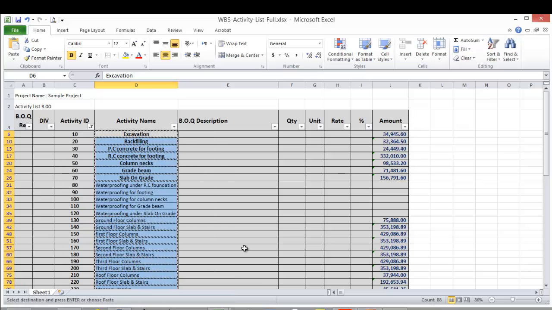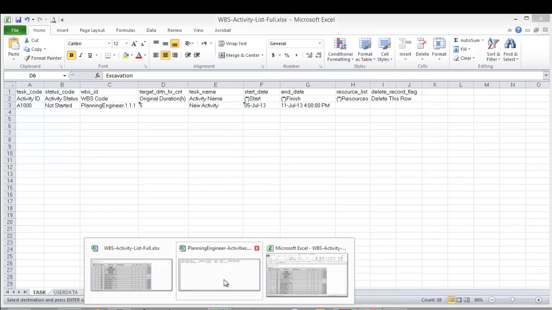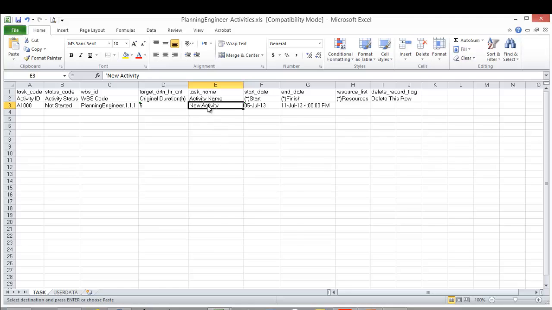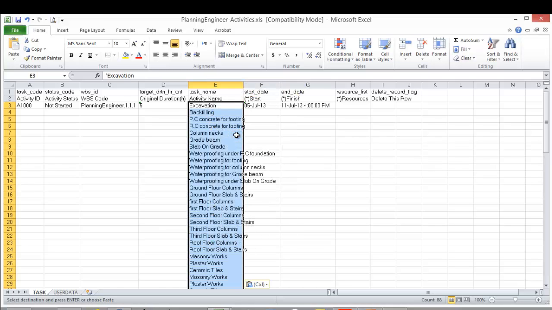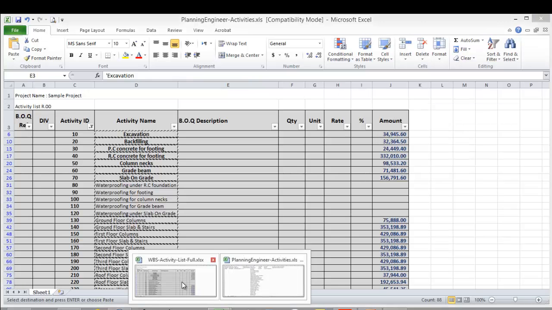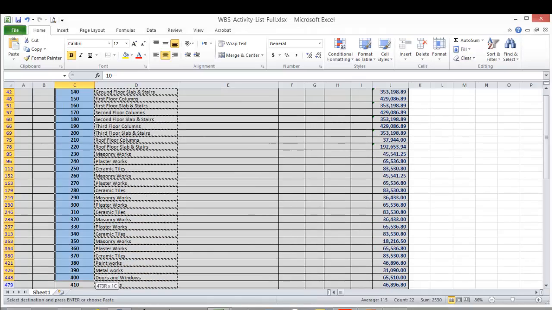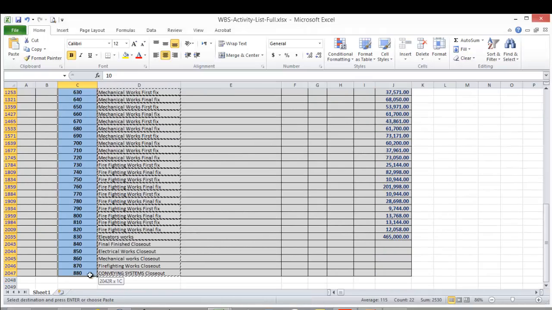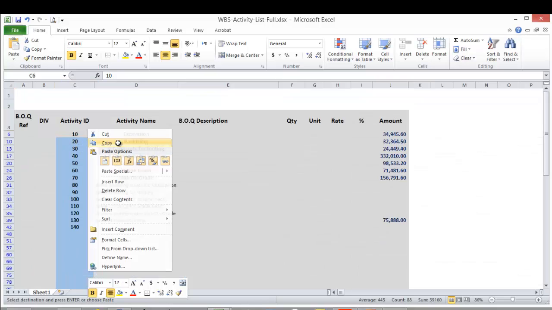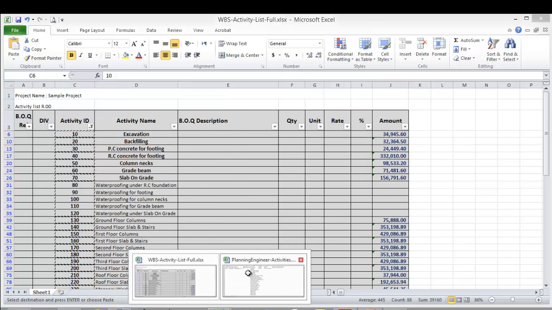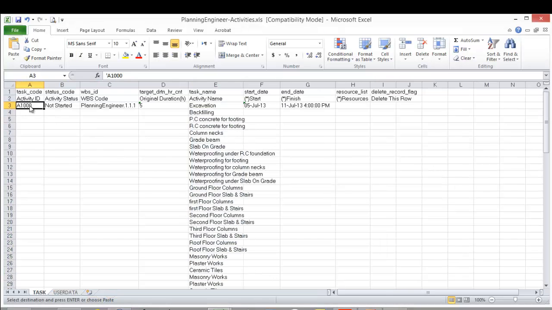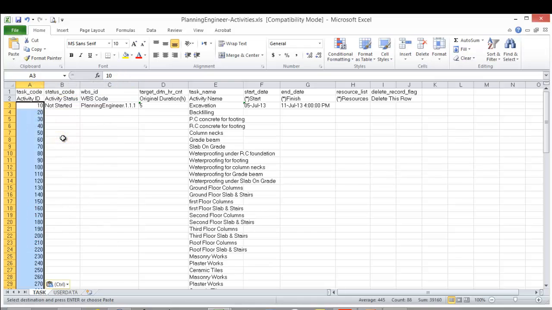Right click, copy. I'll go to the Excel file, and under the activity name I'll paste. I'll copy the activity ID as well. This is very important. Right click, copy, and I'll put in the activity ID.